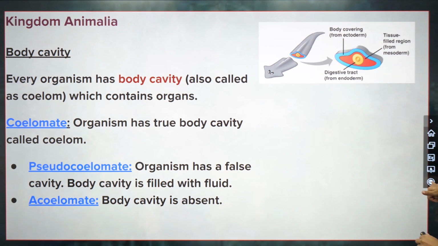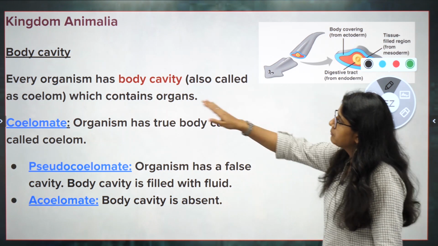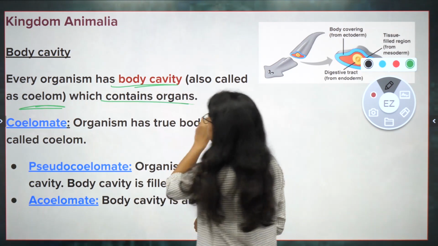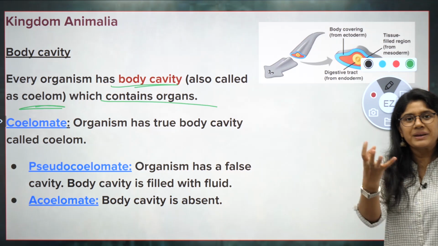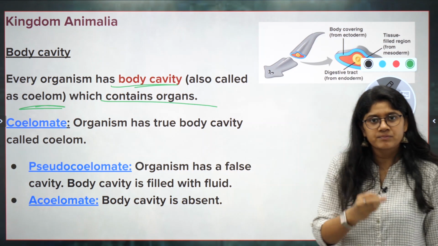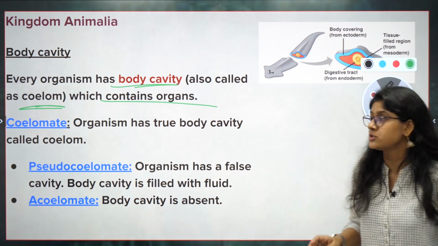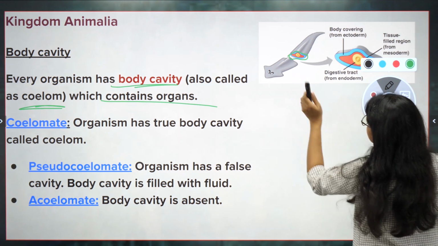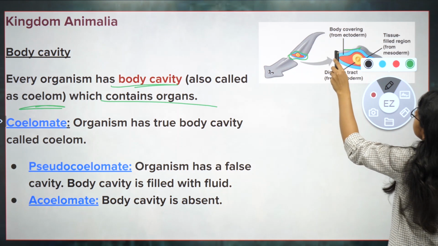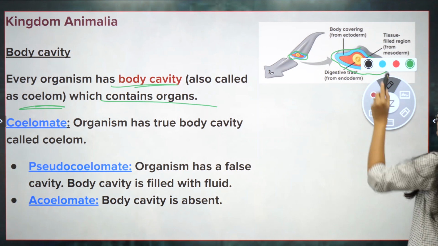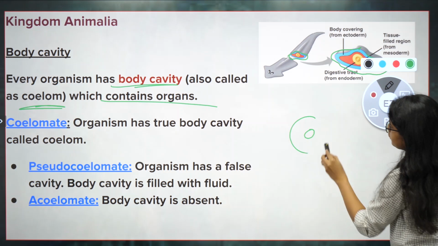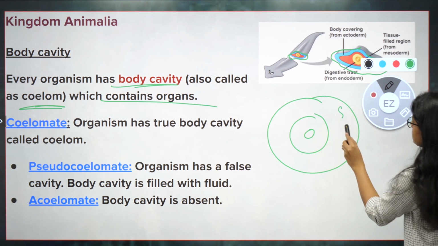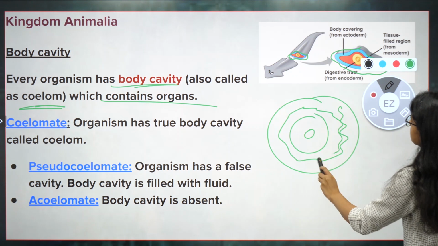Moving on, after that, we have the body cavity. Again, very important. What does body cavity mean? It means a coelom, which is basically a hollow space in which the organs will be fitted. So see over here, everyone. Can you see? This is the organ. If you see the internal structure, the body is divided like this. You'll be able to see different layers, and inside these layers, of course, some organs will be present.